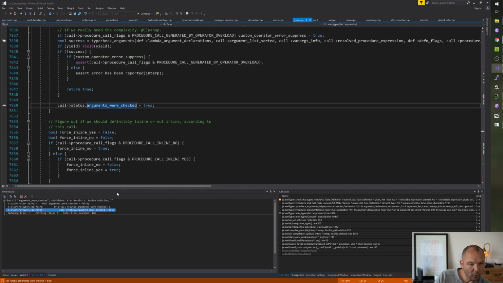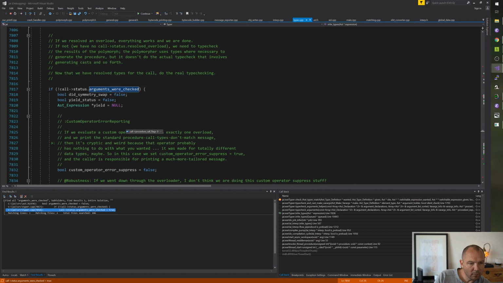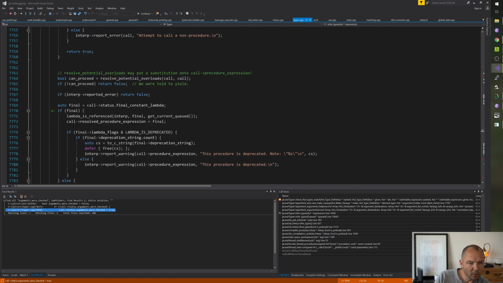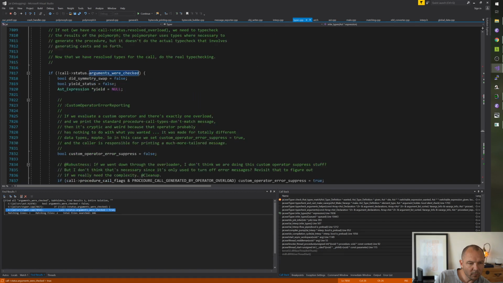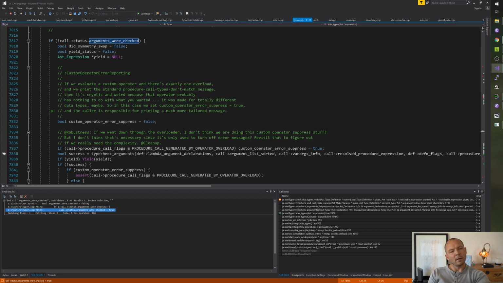Oh, no. This is always supposed to go through here. Okay. So I think my procedure call mechanism is just stupid.